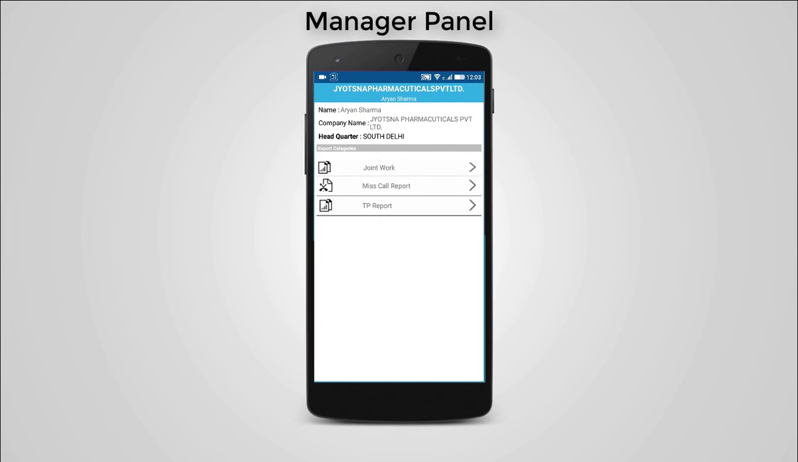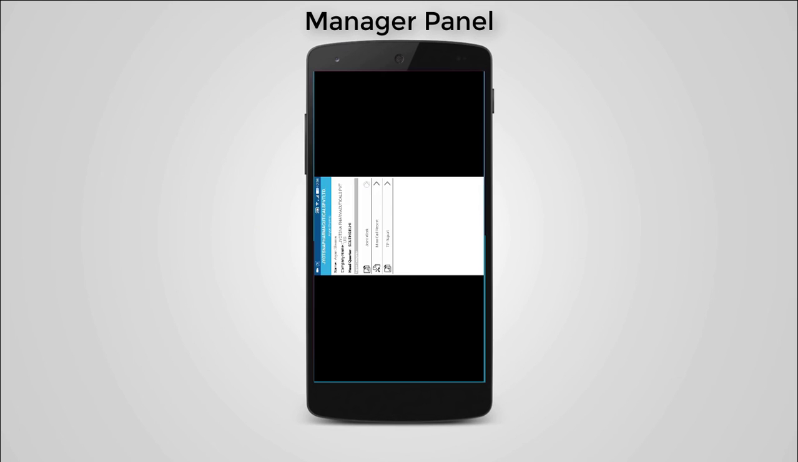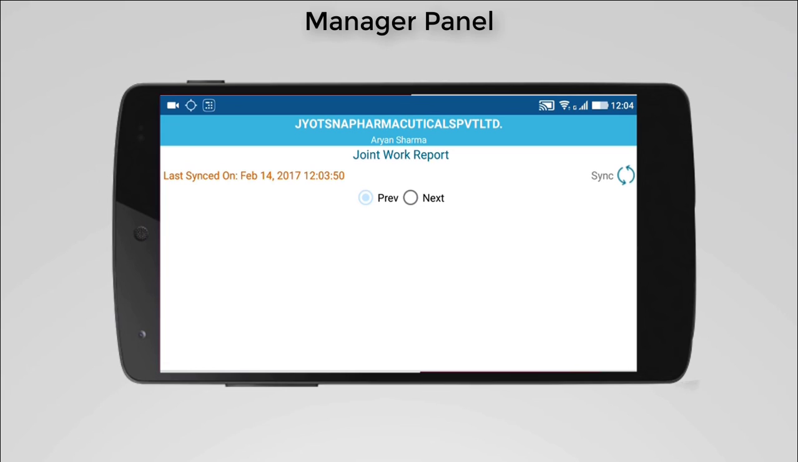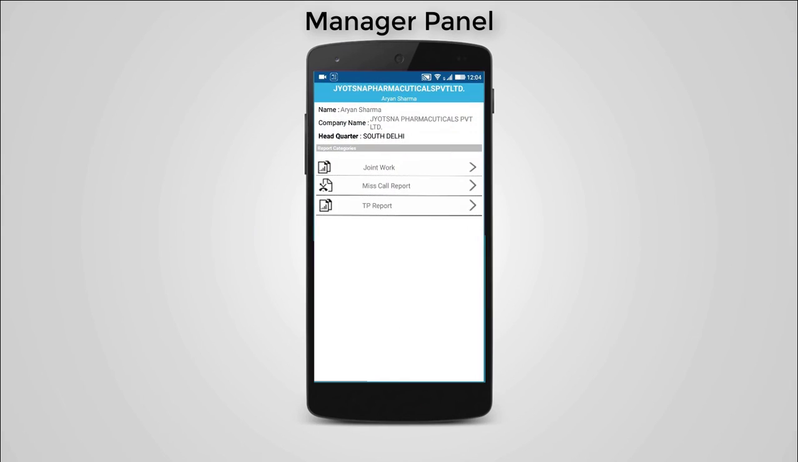In reports, you can view some reports like joint work report, missed call report, and tour program report. So in joint work report, you can view that in a particular month, you did joint work with which MR on which date, how many calls you did. In missed call report,